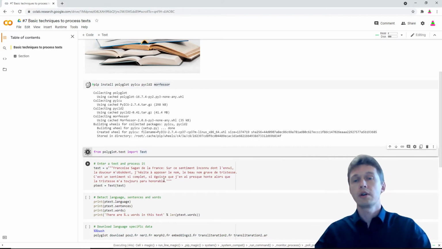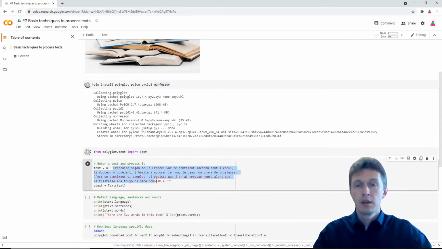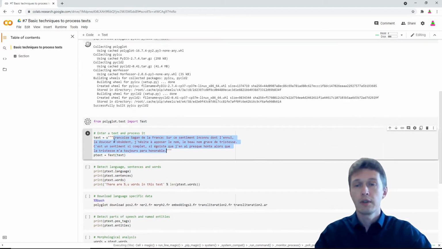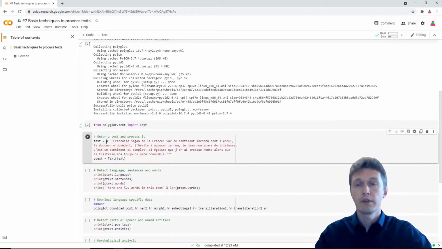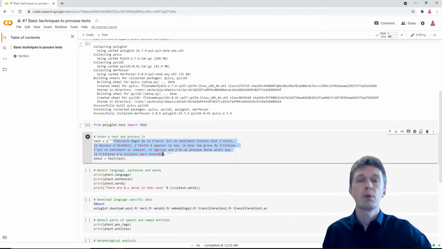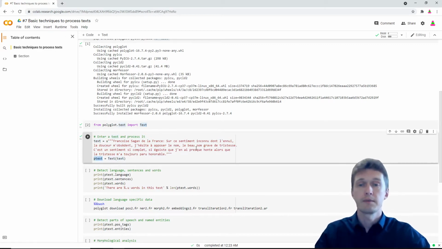Okay, and we shall need some text. I took text in French. It will be an excerpt from the François Sagan book. So you see this is in French, and please pay your attention that there is a preceding u letter, which means that the following text is in Unicode. So we could as well have Chinese hieroglyphs over here, or Arabic ligature, or whatever else symbols. Let's run, and straight away we process the text with this text module.